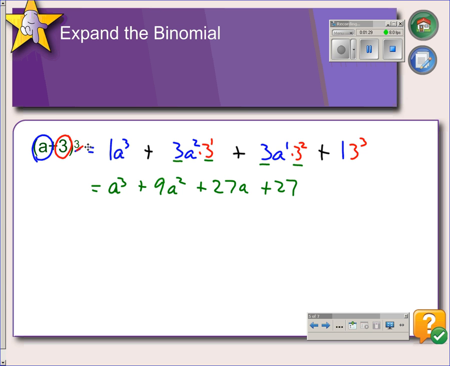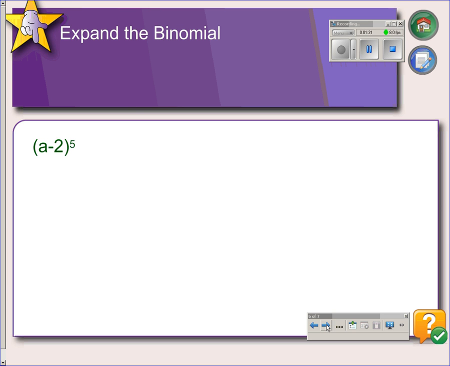Okay, another example, a minus 2 to the 5th power. So first thing we'll do is put our coefficients from the 6th row of the table, which are 1, 5, 10, 10, 5, 1. Okay, then we will take our first term here and start at the top. A to the 5th, a to the 4th, a to the 3rd, a to the 2nd, a to the 1st,